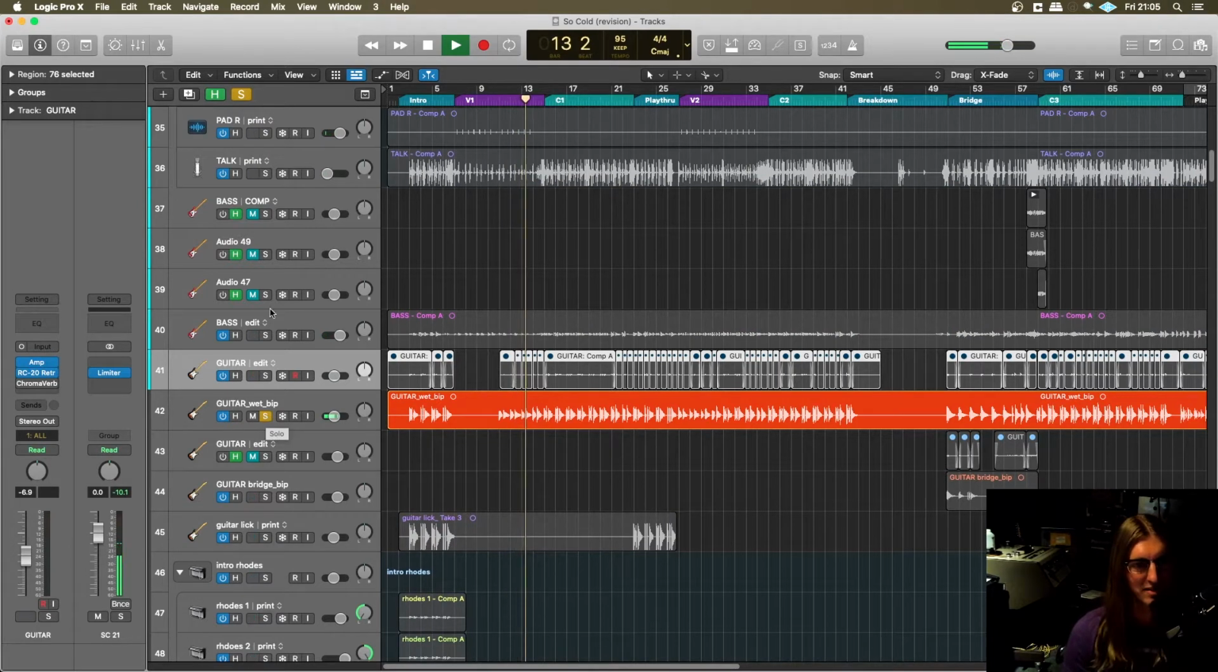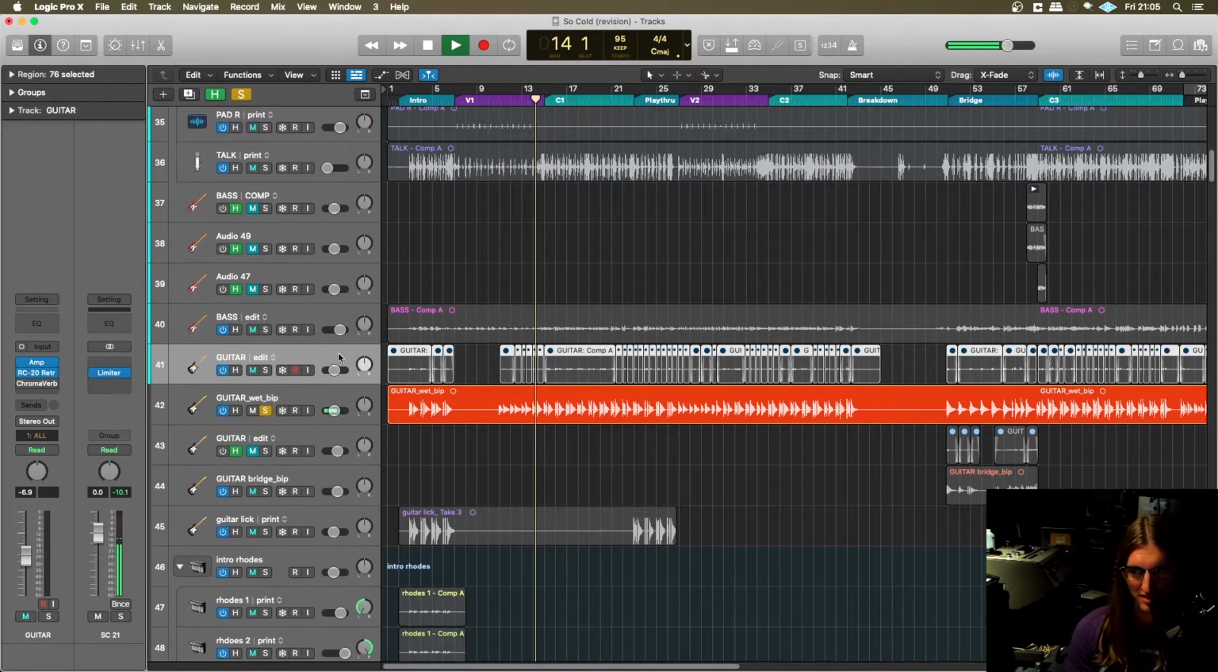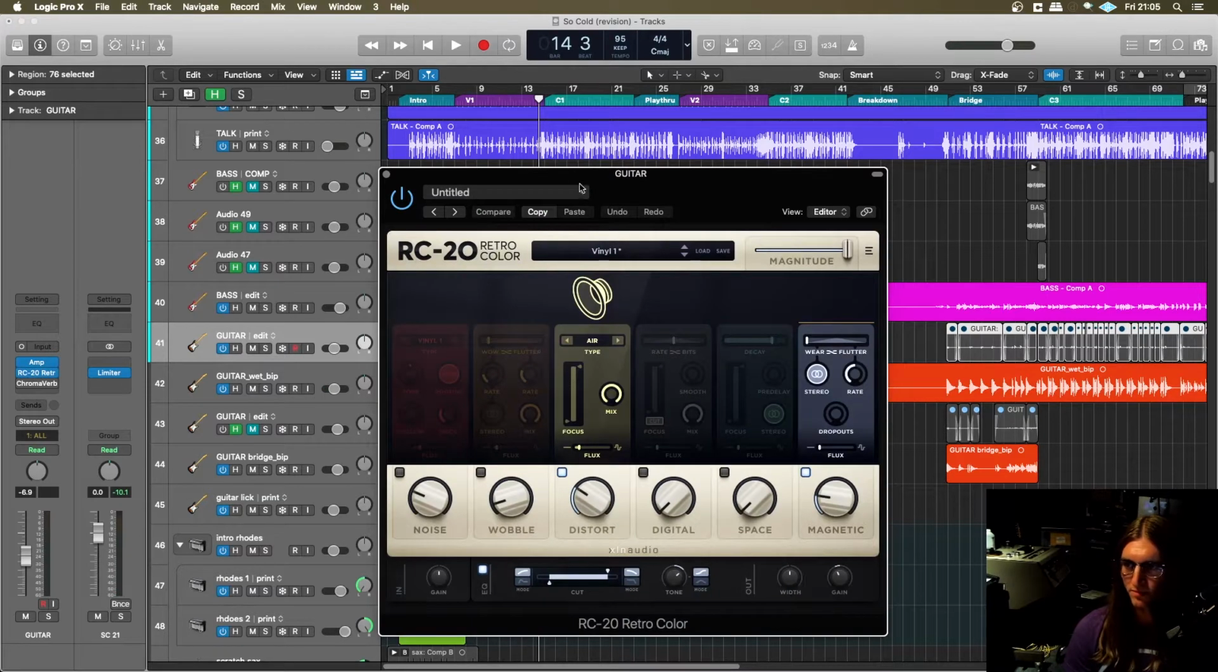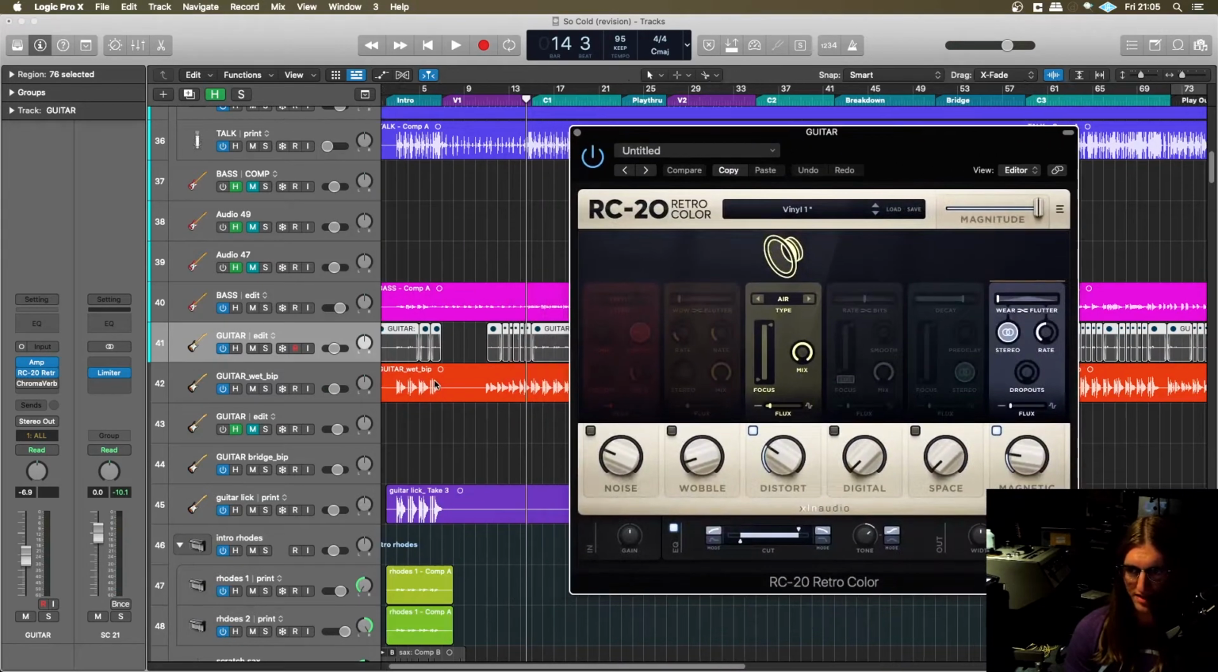Very easy on the ears. It makes a great foundation for the rest of the track. So that guitar is going pretty much through the whole thing. And speaking of RC20, I use this to kind of roll off the high end just a little bit more